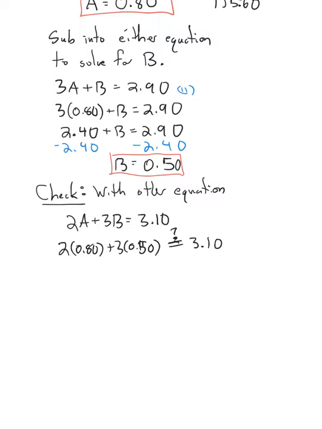So let's check. 2 times 80 cents is $1.60. 3 times 50 cents is $1.50. Does that equal 310? Well, of course it does. $1.60 plus $1.50 is $3.10. Does indeed equal. So that is correct. So we did this kind of a long way. I didn't go particularly quickly through here, but